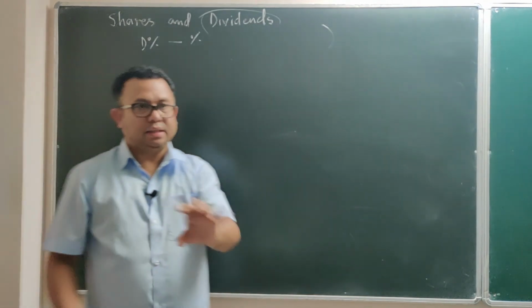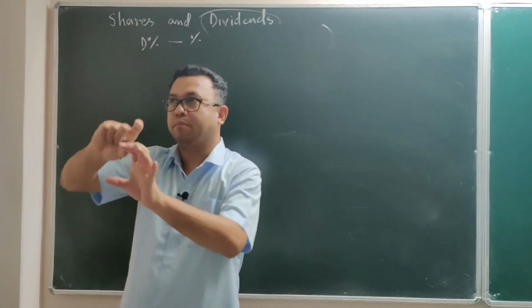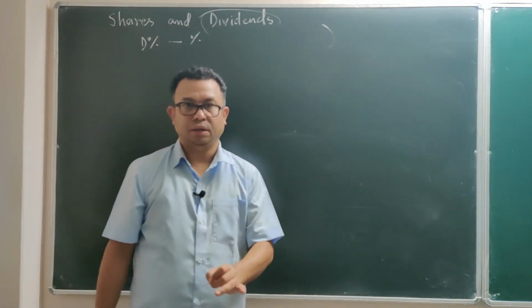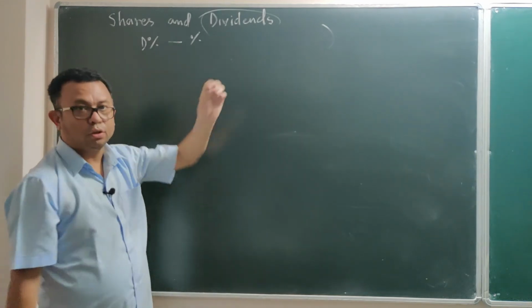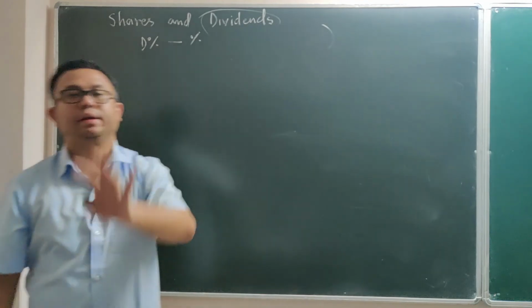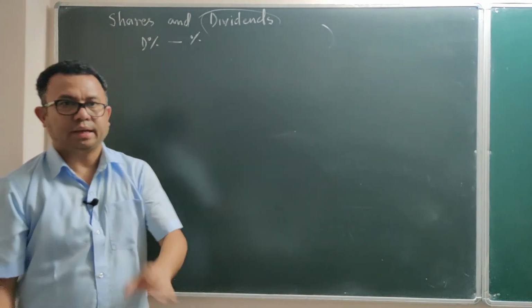Or even if nothing is written about dividend, but a blank percent is written, then most of the time it is the dividend percent. So a percentage which is given to you is the dividend percent, if it is not your premium percent, discount percent, or percentage return. Second one,